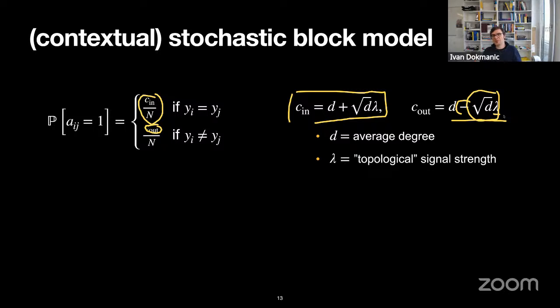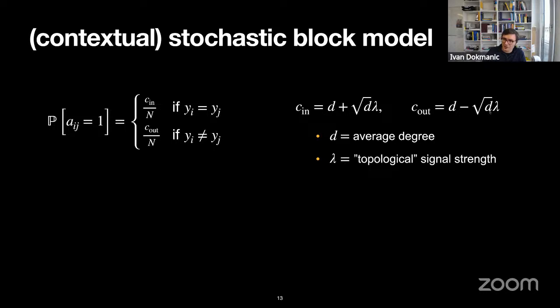Okay, so lambda plays the role of signal to noise ratio in the graph, and the larger the lambda, the easier the problem is, the better the signal to noise ratio. If lambda is 0, you get Erdős-Rényi random graphs because everything connects with the same probability. And the really cute thing is that you can take lambda to be negative. If you take lambda to be negative, then actually you have a higher probability that nodes connect when they are in different communities than when they're in the same community. So this generates an interesting phenomenology. We have all of these knobs that we can tweak, which is great for analysis.